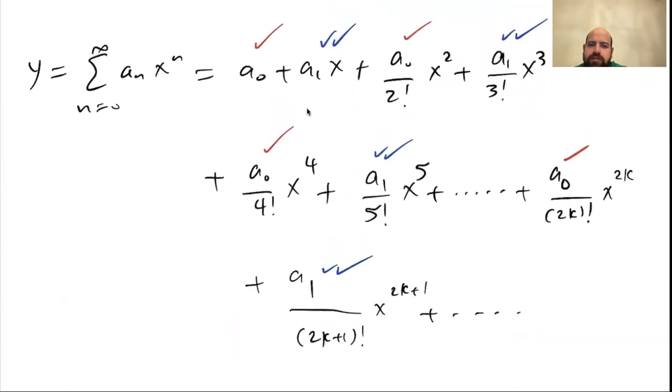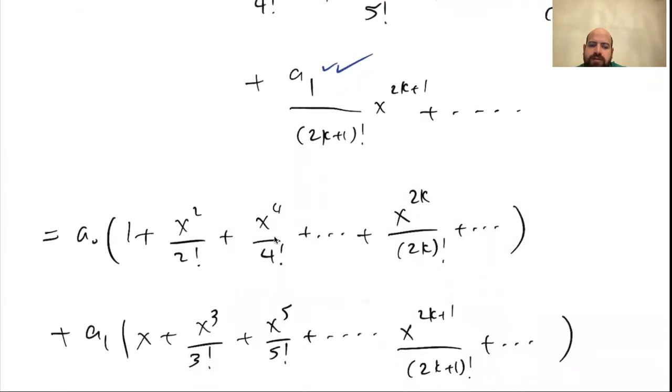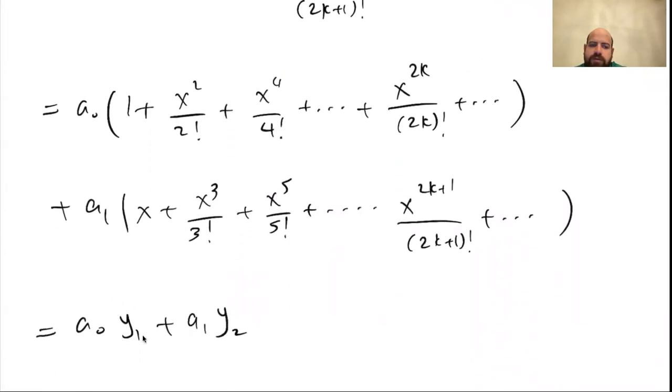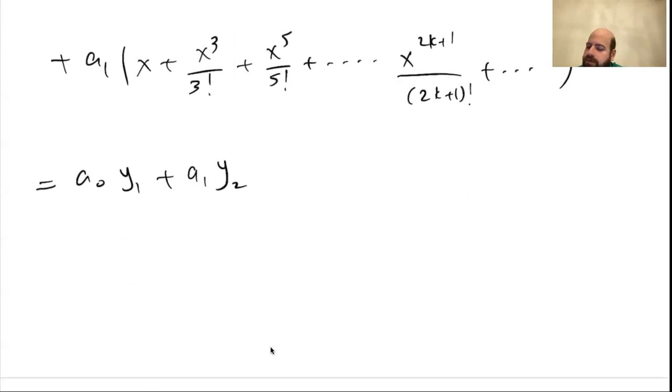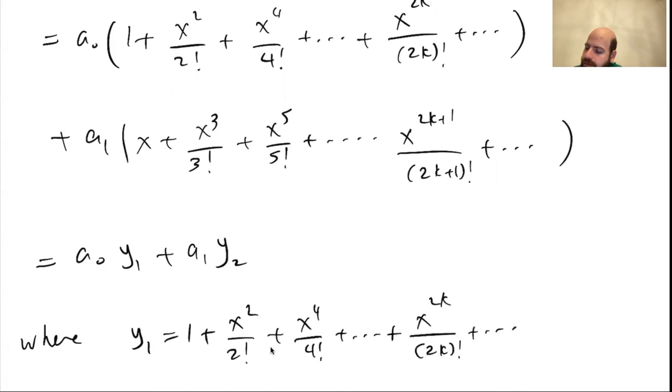So we regroup them together, terms with A0 together, factored A0 out, terms A1 together, factored A1 out. And we wrote it as A0 y1 plus A1 y2. And what is y1 and y2 here? Where y1 is equal to 1 plus x squared over 2 factorial, x to power 4 over 4 factorial, x to power 2k over 2k factorial, and